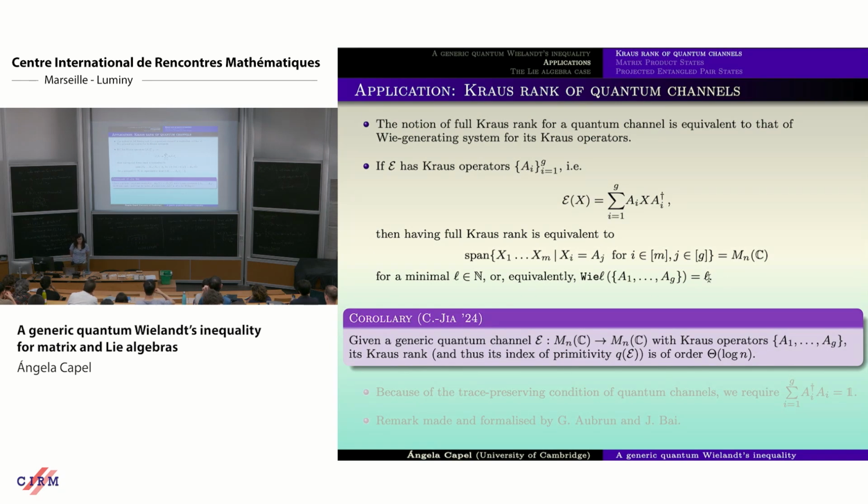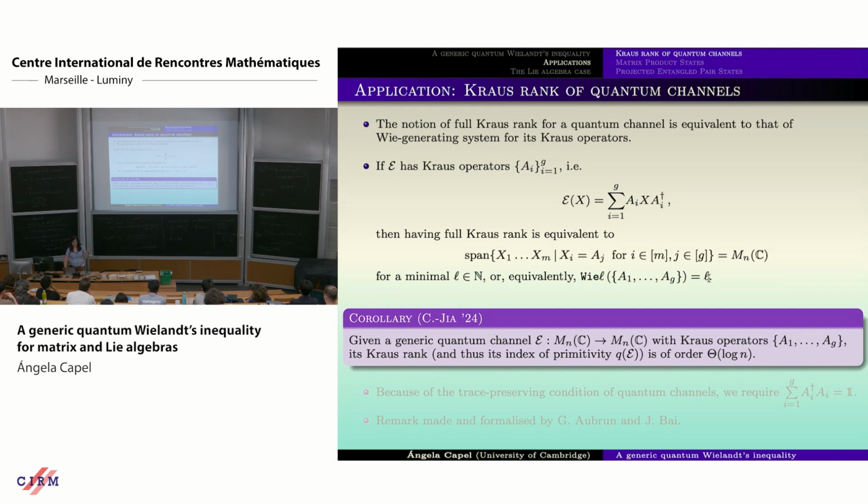So in principle, as a corollary of the results that I was mentioning before, given a generic quantum channel, so again, we are in the context of probability 1, not the worst case scenario, given a generic quantum channel with Krauss operators given by the set A_1 to A_g, the Krauss rank, and therefore the index of primitivity, is of order theta of log of n. However, this is an almost straightforward application of the result that we had before, but it's not completely straightforward